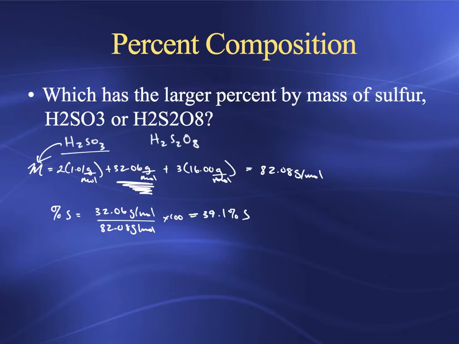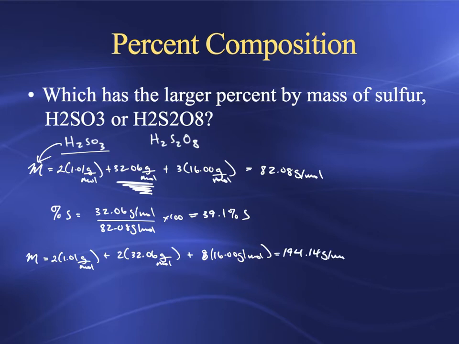Okay, let's do it for compound number 2. Molar mass of that one. Once again, we got 2 hydrogens, so 2 times 1.01 grams per mole. Plus, this time we have 2 sulfurs, 2 times 32.06 grams per mole. Plus, then we've got 8 times 16.00 grams per mole. We're going to need a calculator for this. 2.02 plus 2 times 32.06 plus 8 times 16. Okay, the whole thing weighs